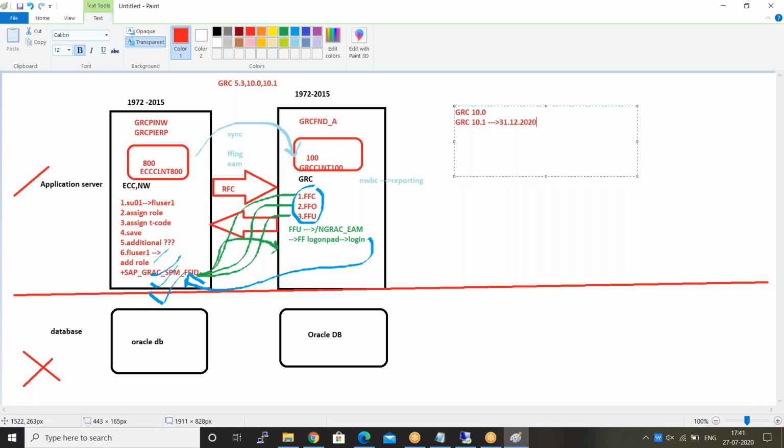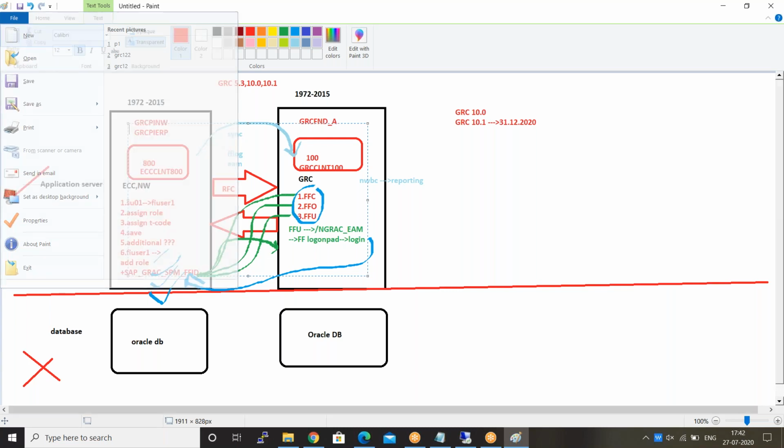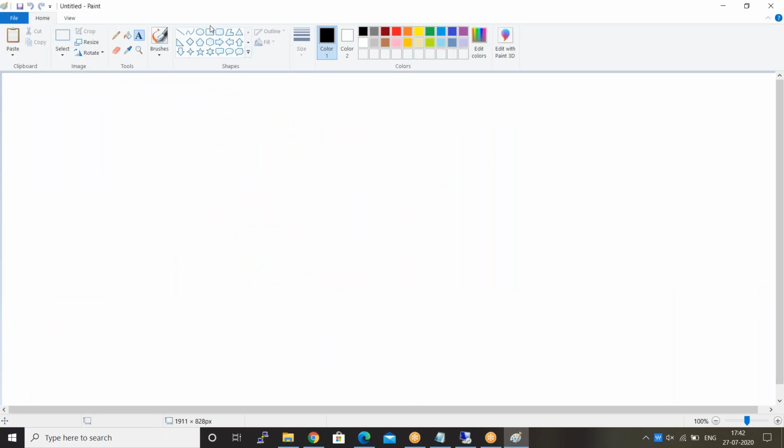So customers are automatically moving to the newer GRC. In this perspective, as a GRC consultant, I want to upgrade my skills, otherwise you don't have growth in your job. Previously our skills stayed relevant for around 20 to 30 years, because we worked mainly on ECC, NetWeaver and SPF, with the same kind of configuration. But now see the current situation.